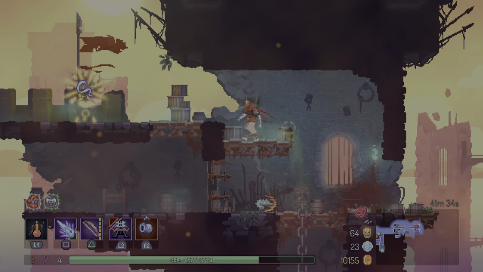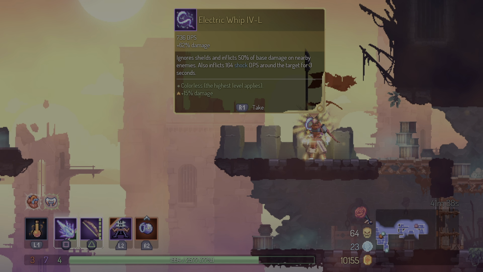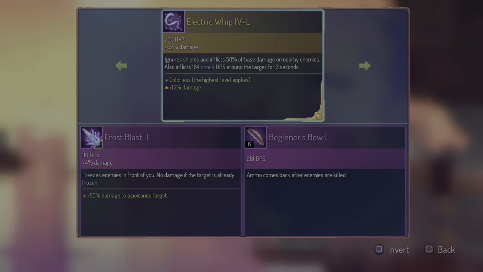So let's go and see what we got. This is an electric whip, which I don't care for, even though it's a very powerful weapon. It's just not something that I really like using that much, but I'm going to pick it up for now. And because it's golden, that means it's colourless. That's the highest level in the game. So even though it's only at level 4, because it's colourless, it's still very powerful. So I'm going to go ahead and pick that up instead of...